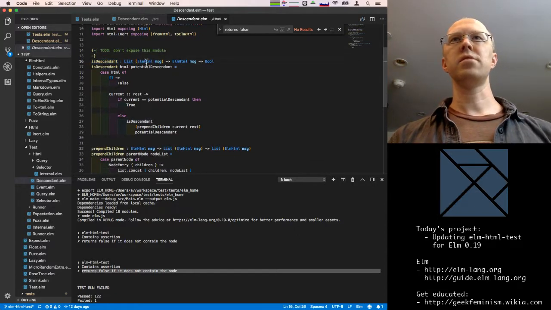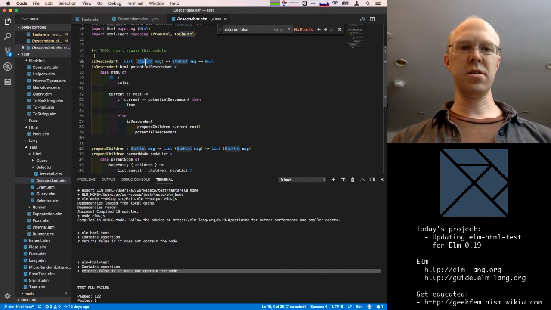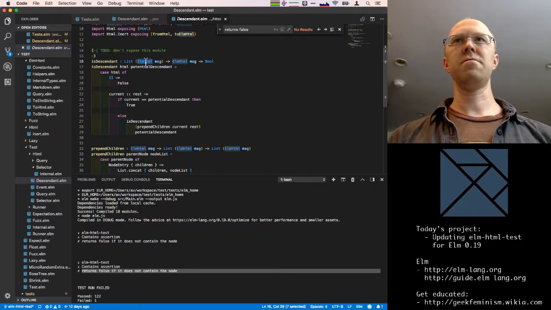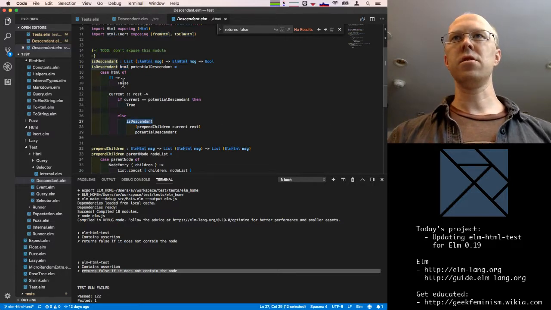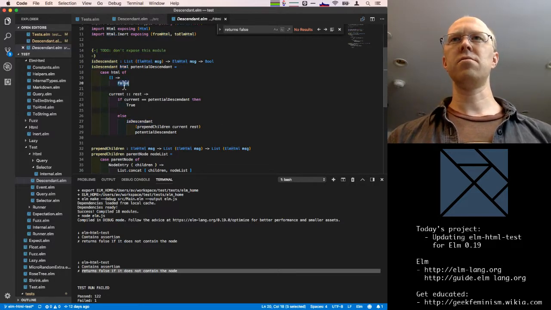This takes a list of elm-htmls. This is our representation of virtual DOM stuff. And then a potential descendant, and returns whether we find it or not. Okay. And this just recurses. So if the list is empty, it returns false. If there's at least one item in the list, we take that. If it's equal to the descendant, it's true. Otherwise, we recurse